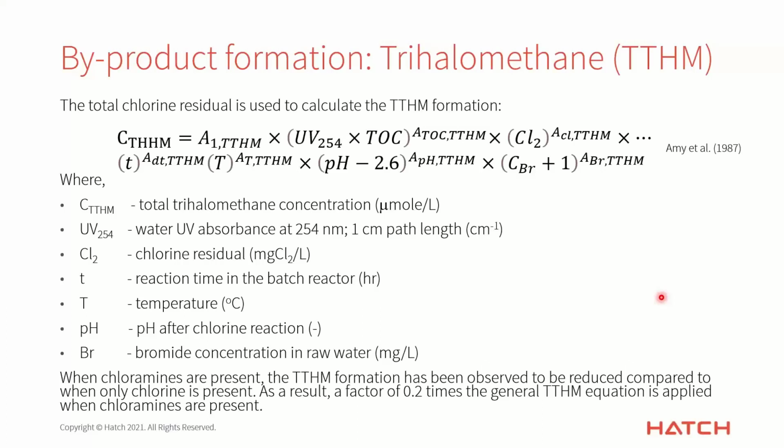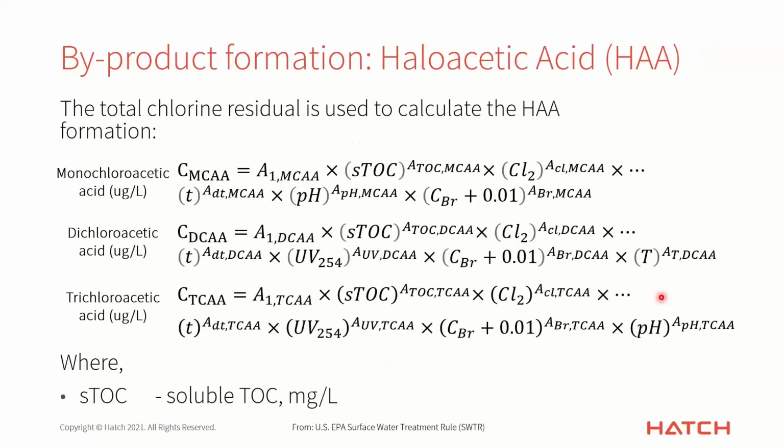But there's still that flexibility that I mentioned with the other ones where you can calibrate by changing all these parameters. They're all input options in GPSX should you want to calibrate the model at all. And the last thing I want to mention here is that we also calculate byproducts on the chloramines, but the formation of trihalomethanes is observed to be lower when the residual is a combined chloramine residual versus a free chlorine one. So we add a factor of 0.2 to reduce the byproduct formation in cases where there's a chloramine residual instead of a free chlorine residual.